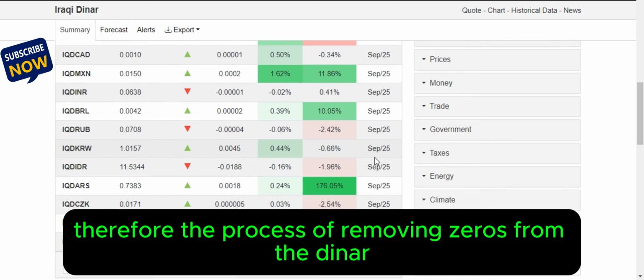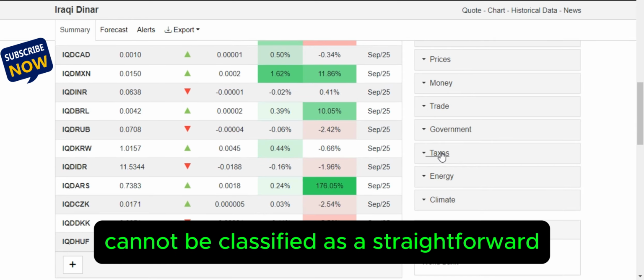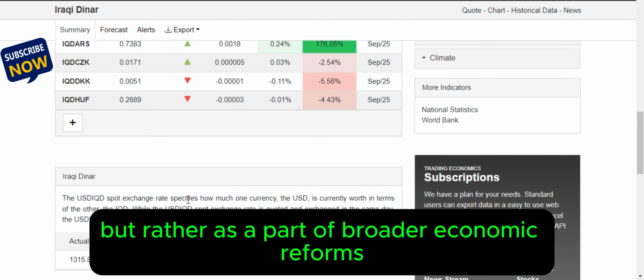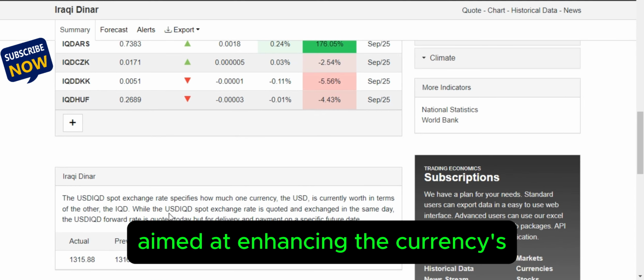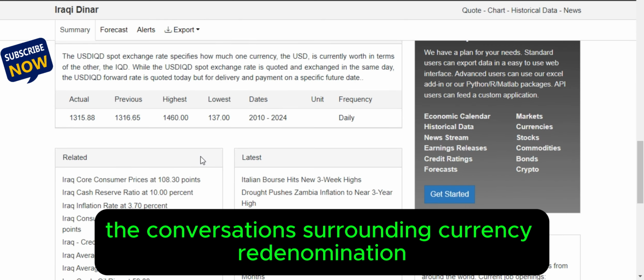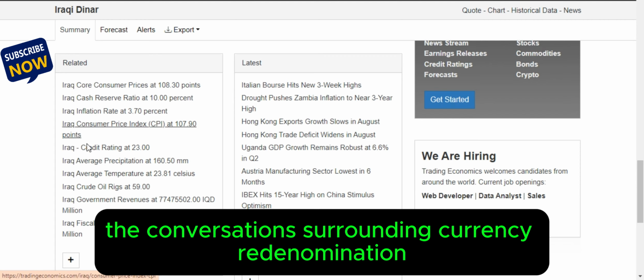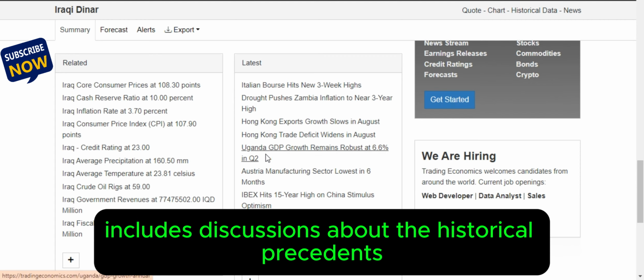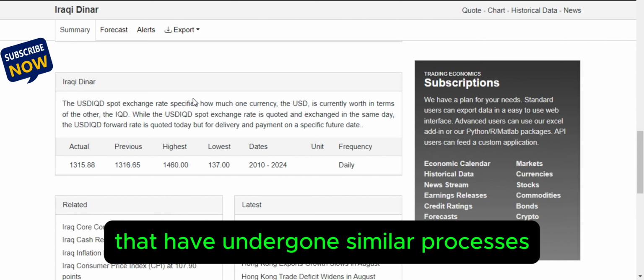Therefore, the process of removing zeros from the dinar cannot be classified as a straightforward response to hyperinflation, but rather as a part of broader economic reforms aimed at enhancing the currency's functionality and stability. The conversation surrounding currency redenomination often includes discussions about the historical precedents set by other countries that have undergone similar